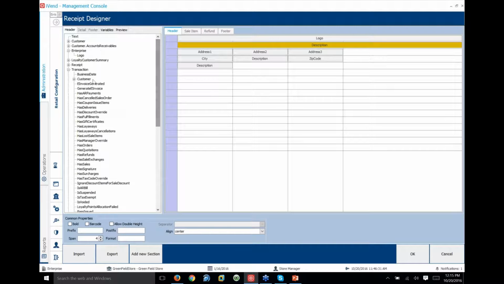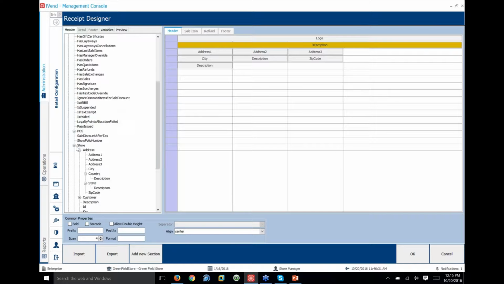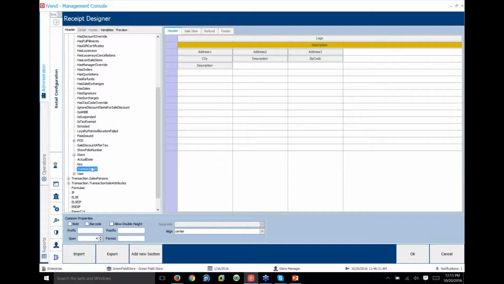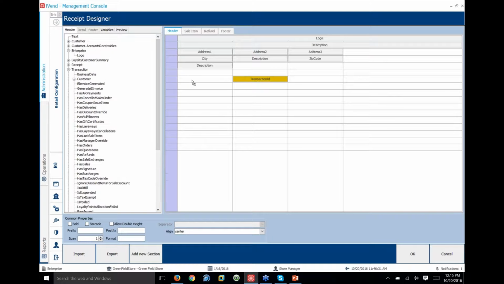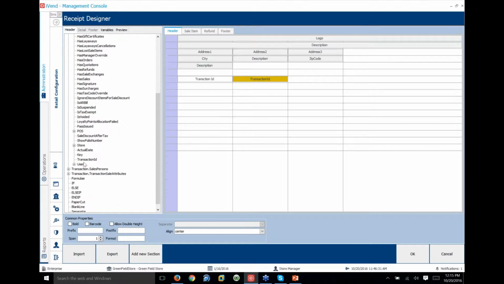Now we will put a transaction report: transaction ID, transaction date, and POS type of description. So we will use a transaction ID. To use a transaction ID label, we will use a text, and you can add it in the text. Transaction ID, this is the label and this is the value. The actual date,